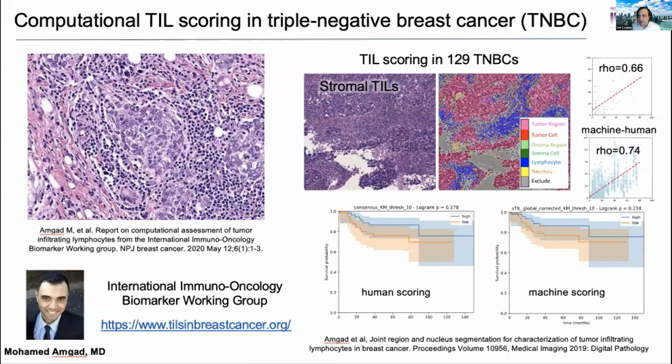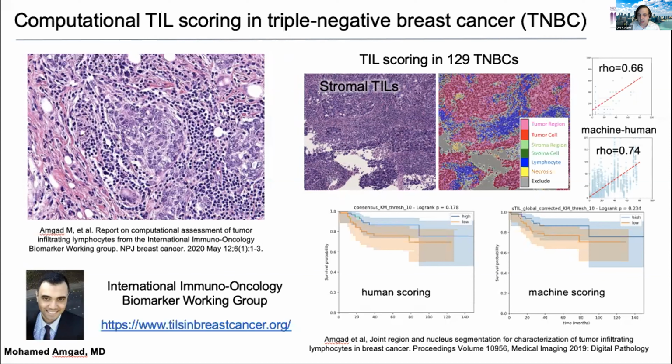So, an example of the type of thing you can do with this: we work with this International Immuno-Oncology Biomarker Working Group. And what they do is they come up with rules for scoring immune infiltrates in breast cancer. If you look at solid tumors and you look at the immune cells in there, for many solid tumors, the type and the quantity and abundance of immune cells is predictive of outcome, independent of other things. And so, you can take these rules that humans have developed and you can encode them into quantitative systems using this kind of dense mapping approach.